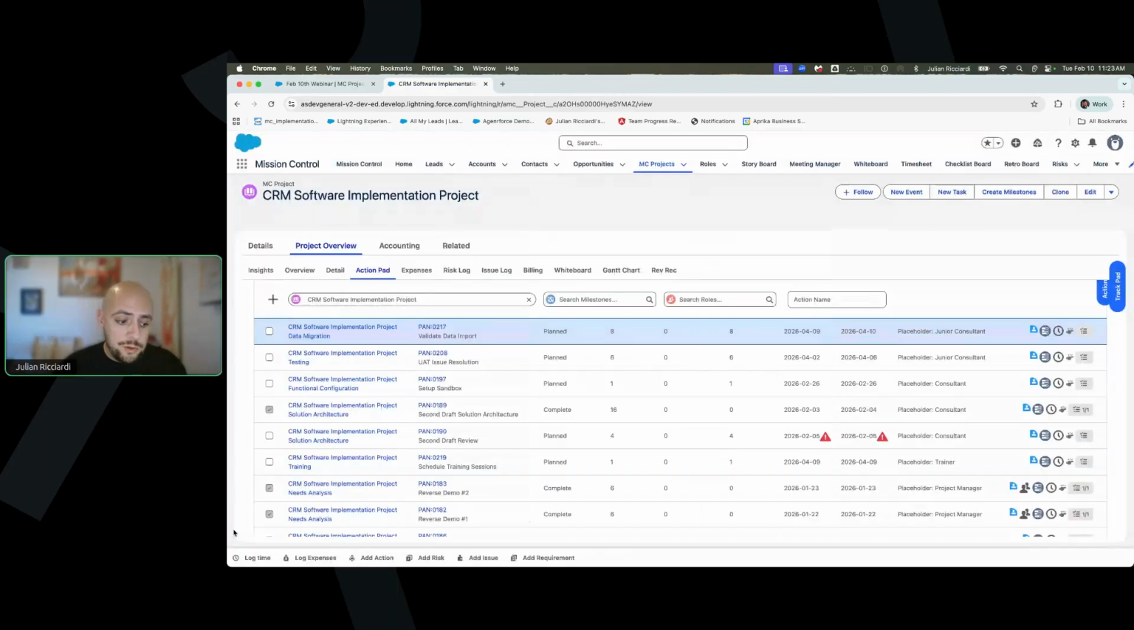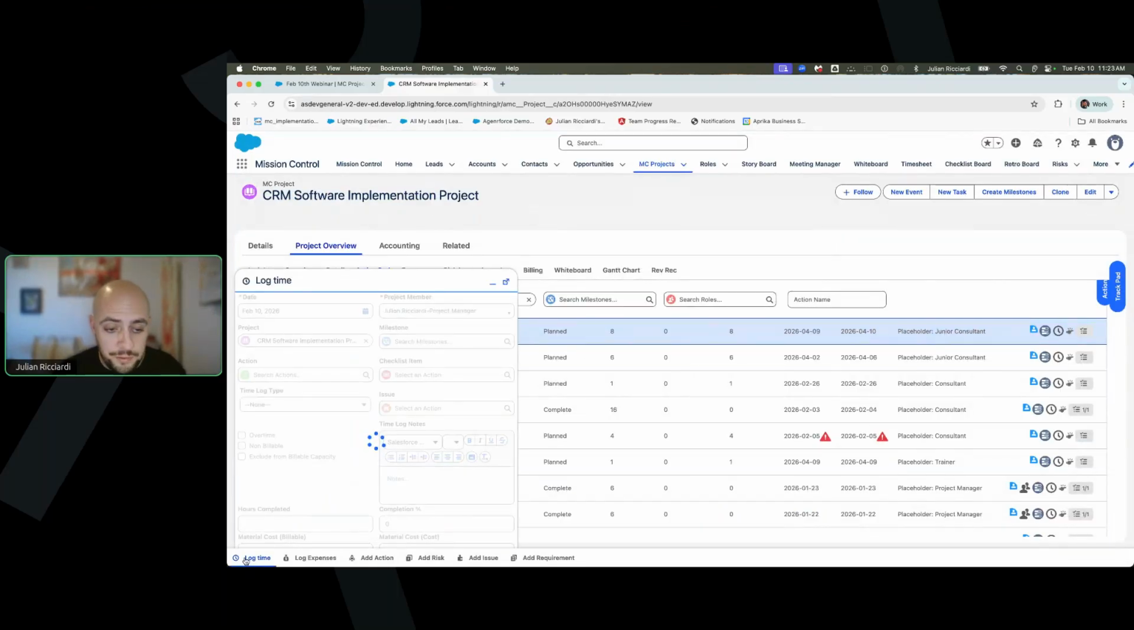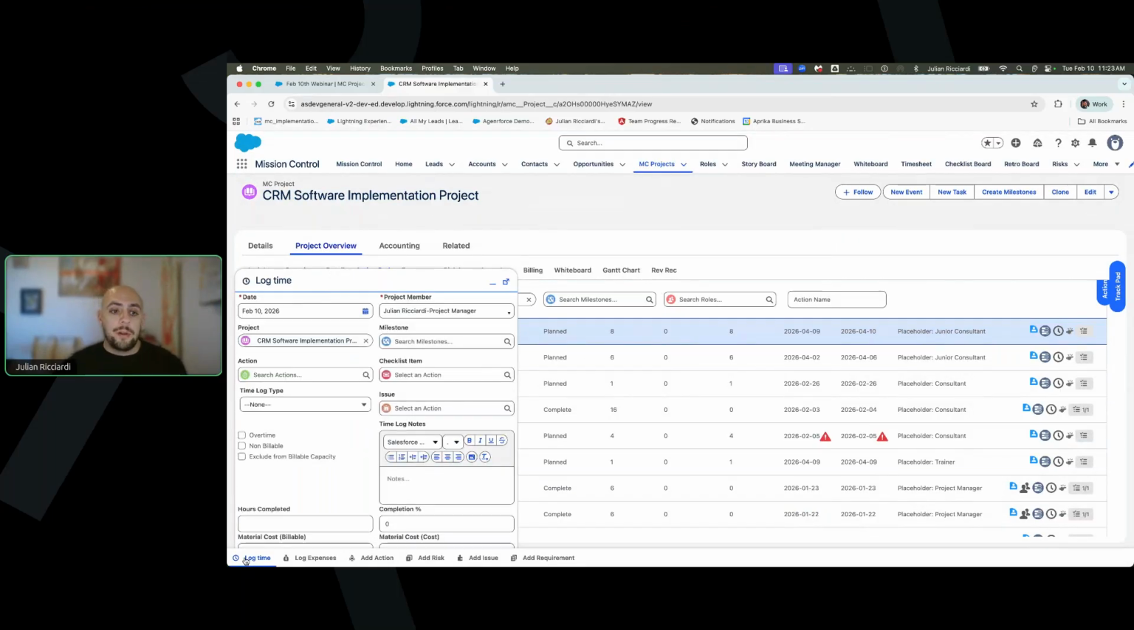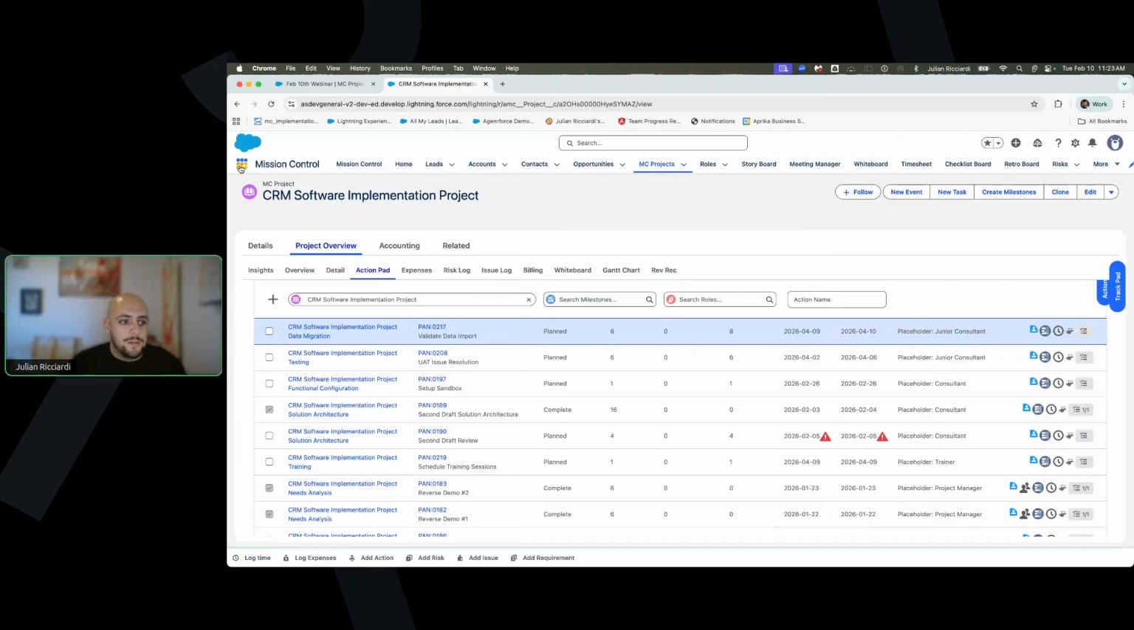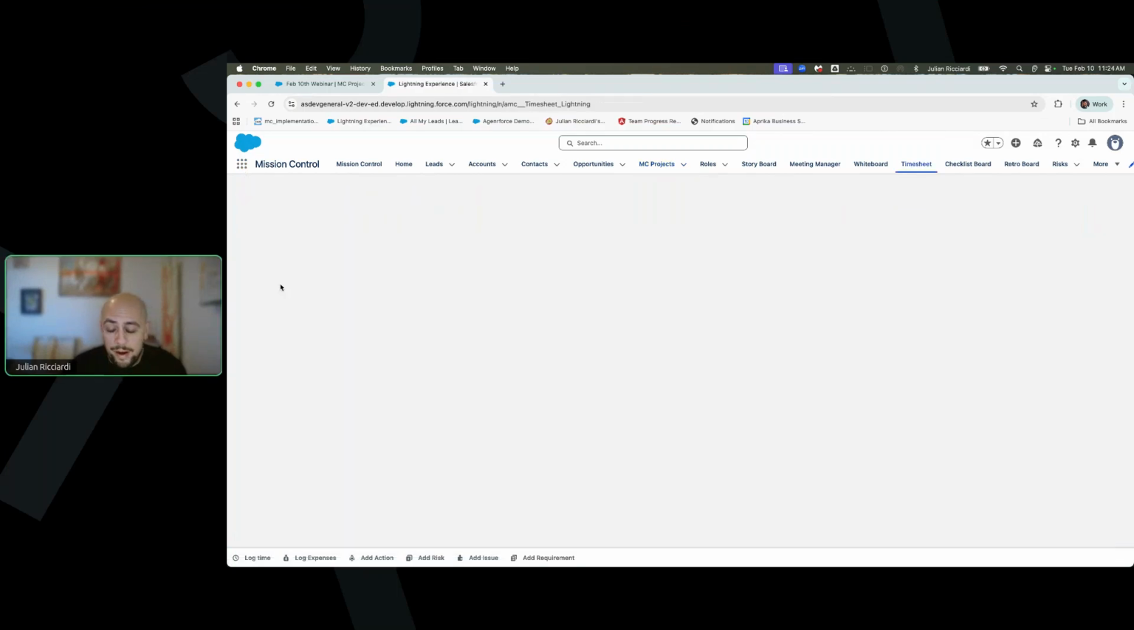Along with that, we also have this global action button that follows you throughout Salesforce. So no matter where you are in Salesforce, you're able to log time. Just the same functionality I showed you earlier. As much as we love these cool and innovative ways to log time, where everyone's going to log their time